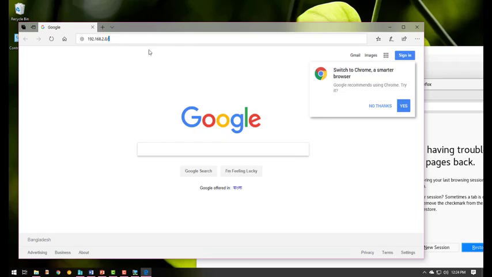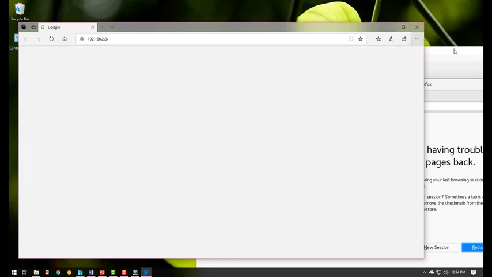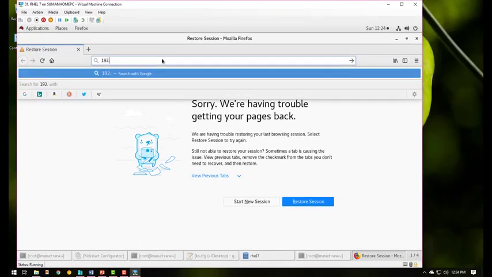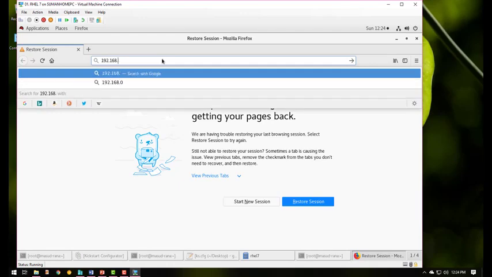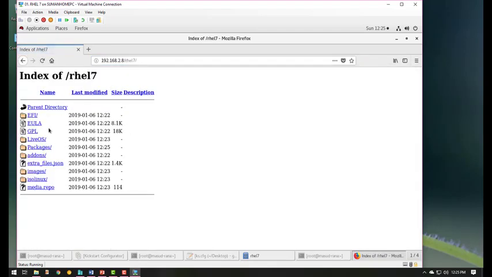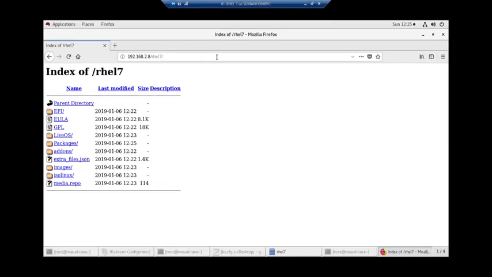keyboard is not working. Let me go to here, 192.168.2.8 slash rhl7. Yes, I am seeing that the HTTP server is working. Okay, let me close this thing.